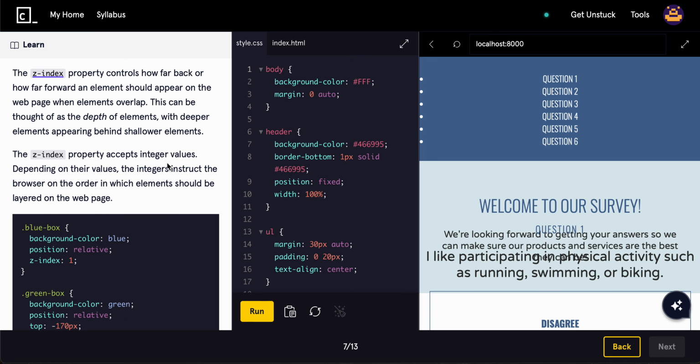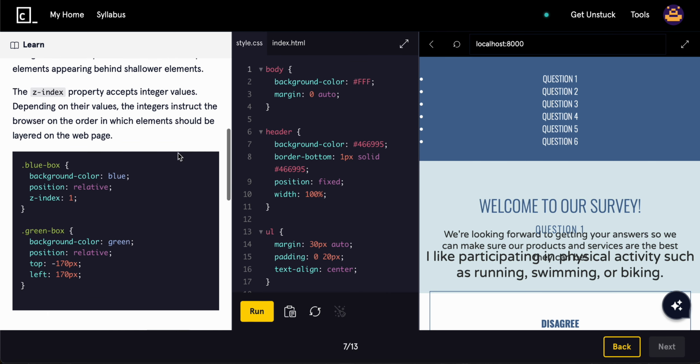This index property controls how far back or how far forward an element should appear on the web page when elements overlap. This can be thought of as the depth of elements, with deeper elements appearing behind shallower elements. The Z-index property accepts integer values. Depending on their values, the integer will instruct the browser on the order in which the elements should be layered